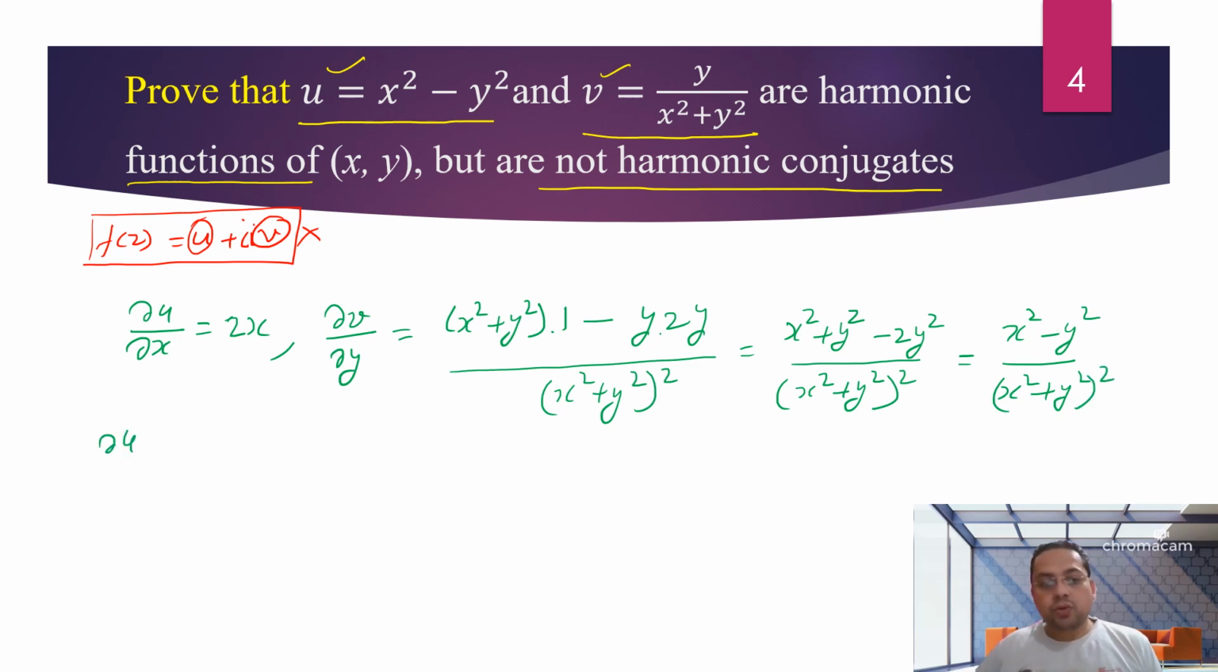So del u over del x is not equal to del v over del y. So the CR equation is not satisfied. So the function u as well as the function v